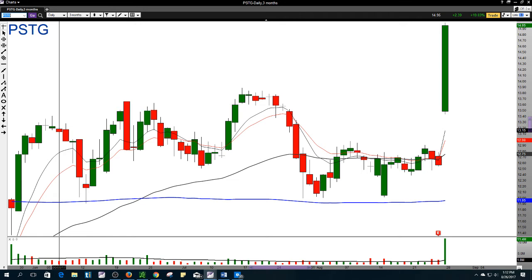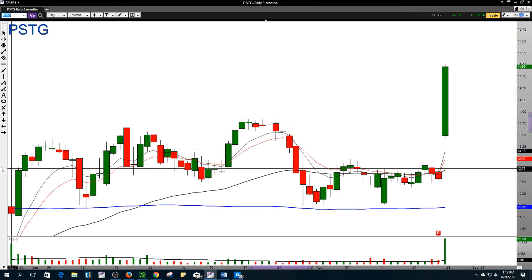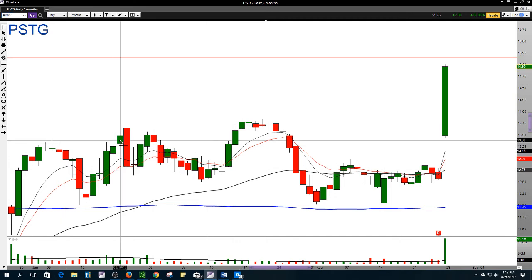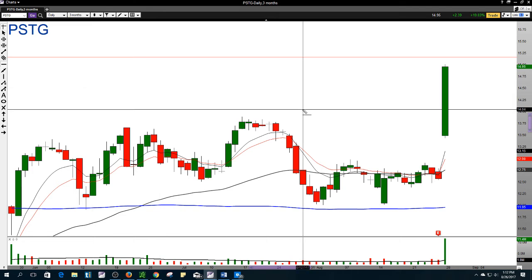Pstg with a huge move on Friday, gapped up, continued push into the upside. I want to see one more push into this trade for a short. First play on this chart is going to be a short trade. I'm thinking the chart pushes right over $15 and gives you about $15.50 on Pstg for a short trade. So look at $15.15 for a short idea on Pstg,